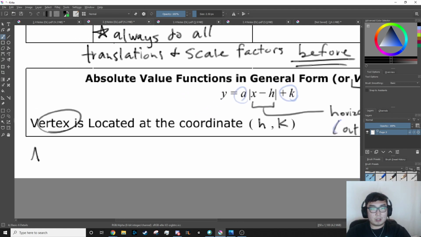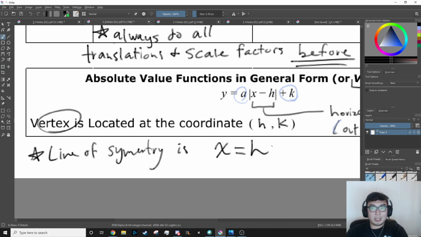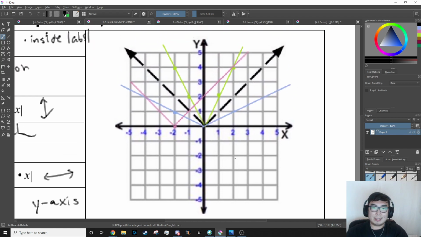I want to write one thing here. The line of symmetry is x equals h, as in this h and that h are the same, because my line of symmetry has to be where my vertex is, or it doesn't make sense, because my crease